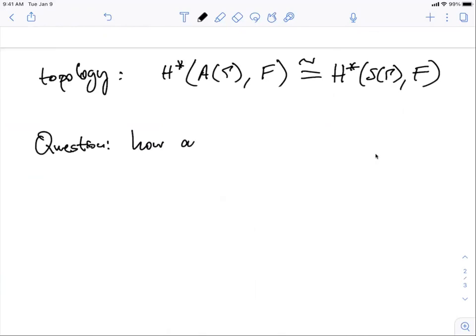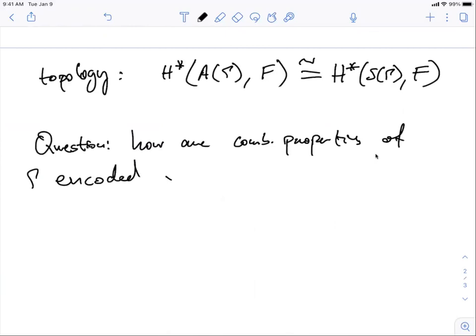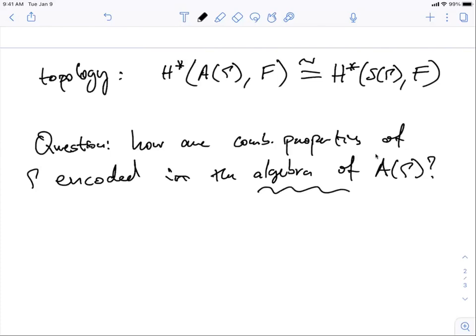How are combinatorial properties of gamma encoded in the algebra of A of gamma? And here, when I talk about the algebra of A of gamma,